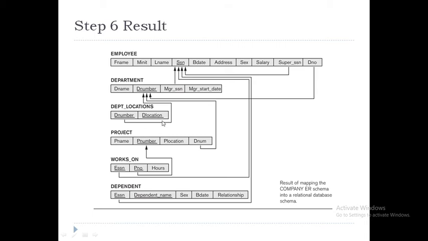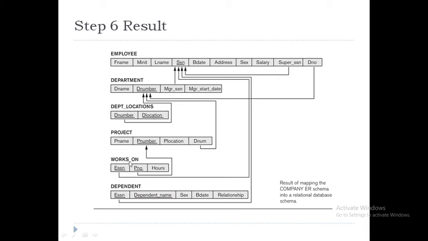So 3 different tuples will be there, because if I take only department number as the primary key, can I get the unique tuples in that? It's not possible, because all 3 are having department number as 1. So what we have to do, we have to take the combination. Department number 1 and department location. Okay, 1 Chennai, 1 Bangalore, 1 Kolkata. So now if I take the combination, I'll get the unique tuples. So that's why the primary key of this new relation will be the combination of D number and D location.